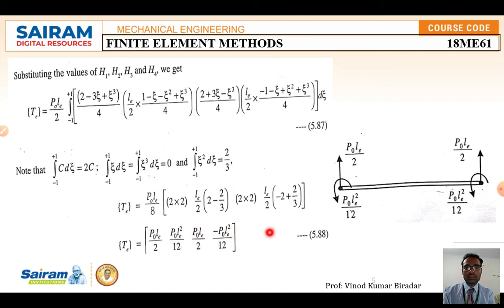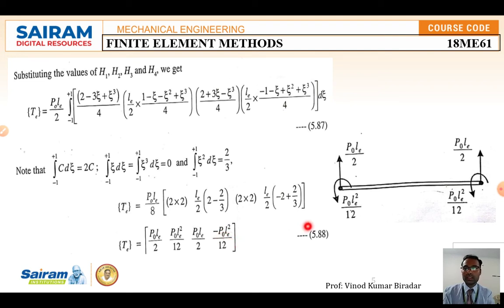This is the uniformly distributed load. In the given problem, suppose the beam is subjected to a UDL, which means let us consider the force equal to this value. Look at this: at the vertical translation, P naught Le by 2, and the rotation, P naught Le square by 12. You have to remember this. Similarly at node number 2, but you take the negative sign because it is acting in the opposite direction. So take here P naught Le by 2 and minus P naught Le square by 12.